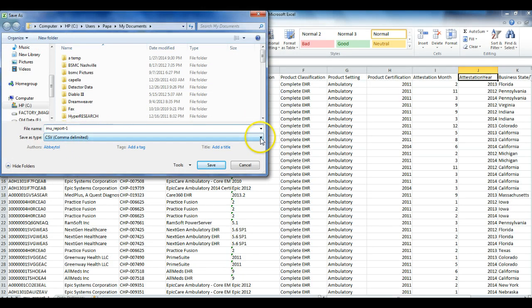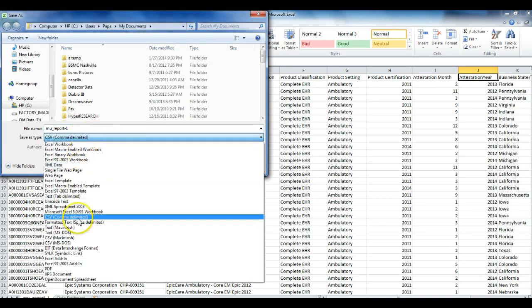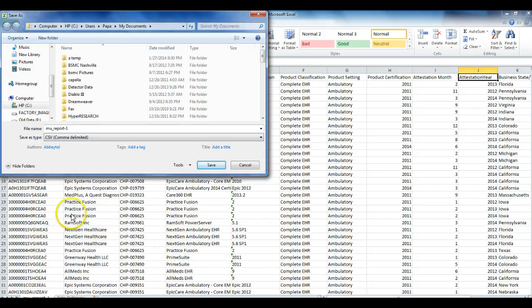So what you'll do here is you have all these different options. You'll find the CSV and use a comma delimited format to save it as. Place it in the directory that's going to be your working directory for RStudio. For mine, it's the My Documents